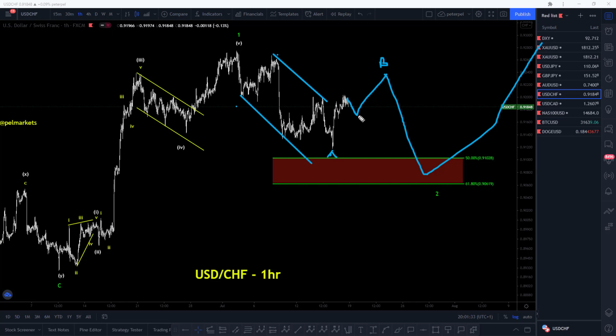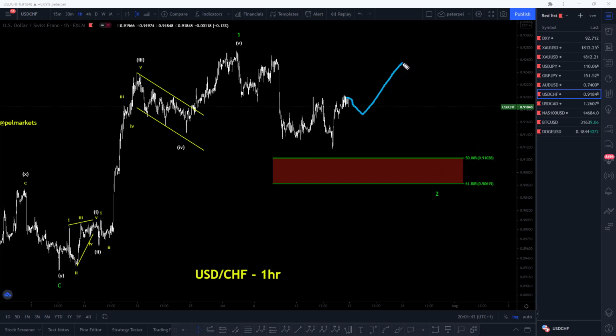In USD card, I'm seeing this particular pattern to be an expanding ending diagonal for wave 5. So if that is the case, then now with this particular wave we're seeing a 1 2 3 4 5. So this is my fib zone, which I'm really tracking. So I'm expecting price to move into that particular zone. Then when we start seeing a drop, I'll look for corrective move and start selling this particular